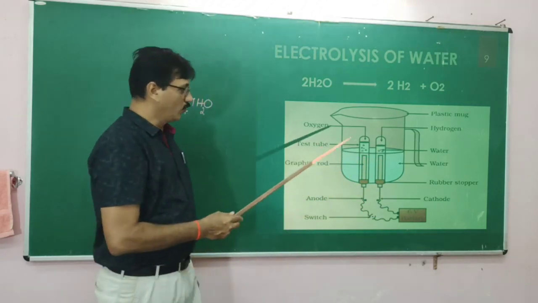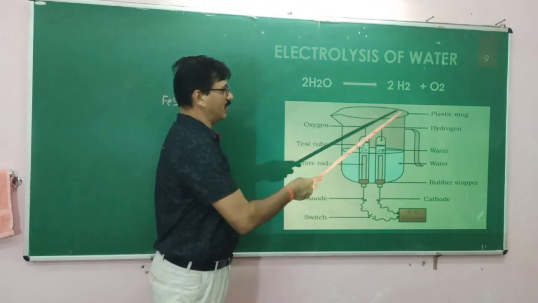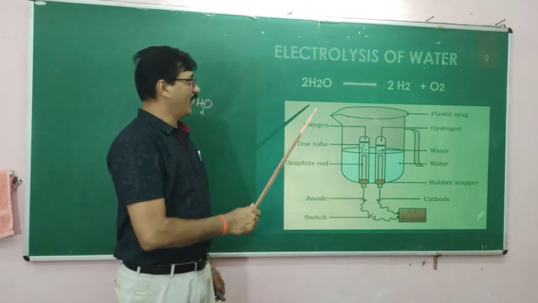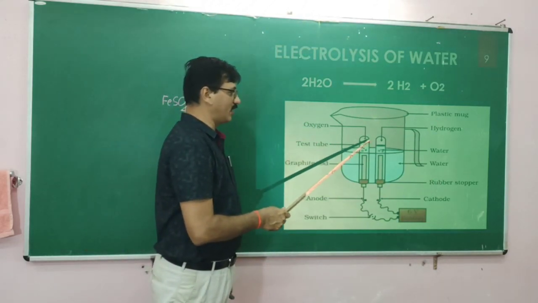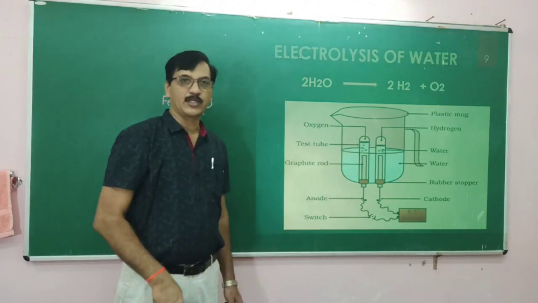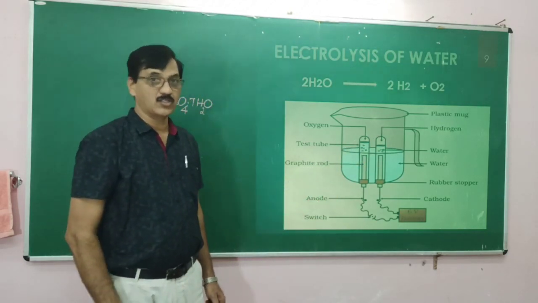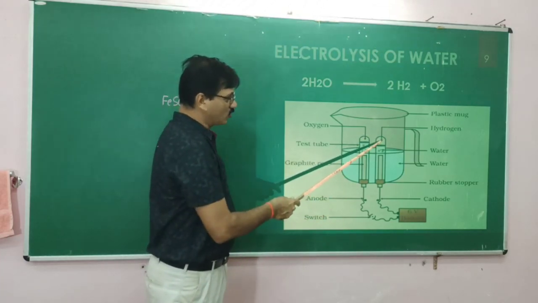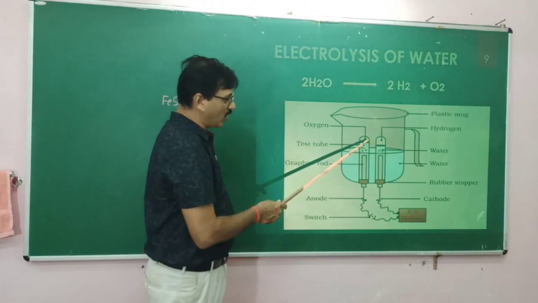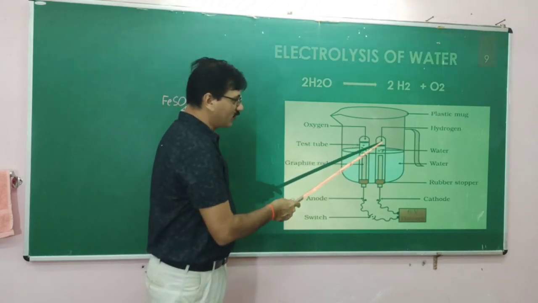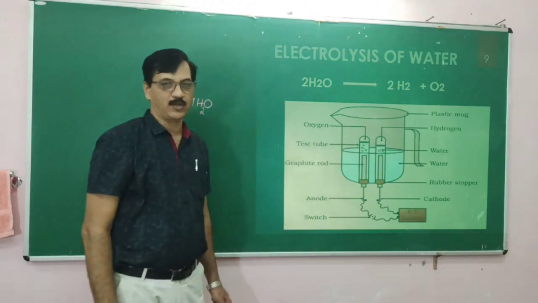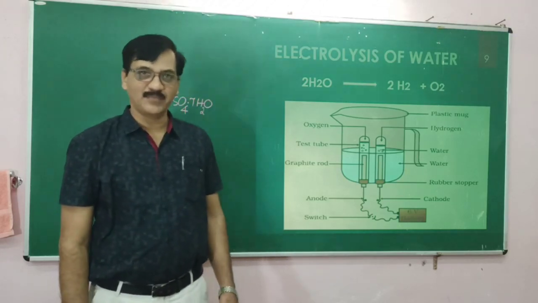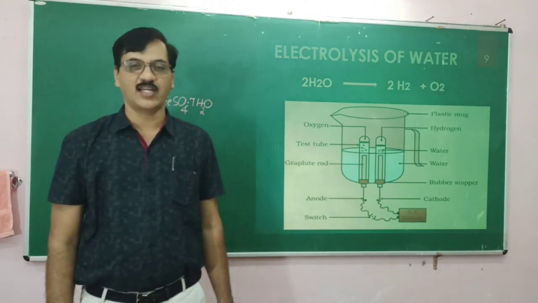And also, you find that these gases are nothing but hydrogen and oxygen gases. So, according to this equation, we are getting hydrogen and oxygen in 2 different test tubes. And also you can see the volume of the gases obtained. The gas obtained here is twice that of the gas obtained here. Therefore this must be hydrogen.